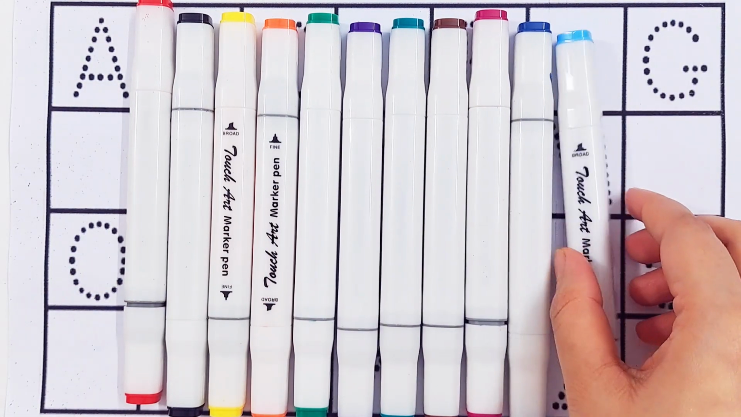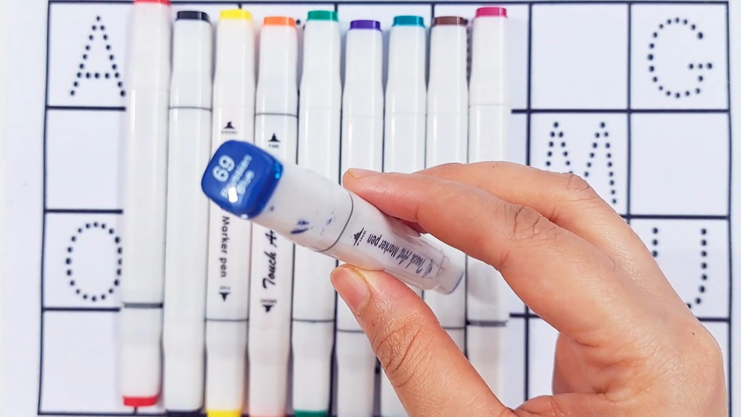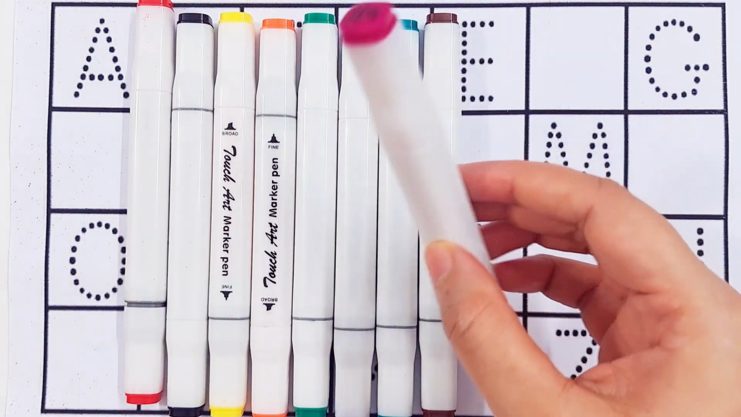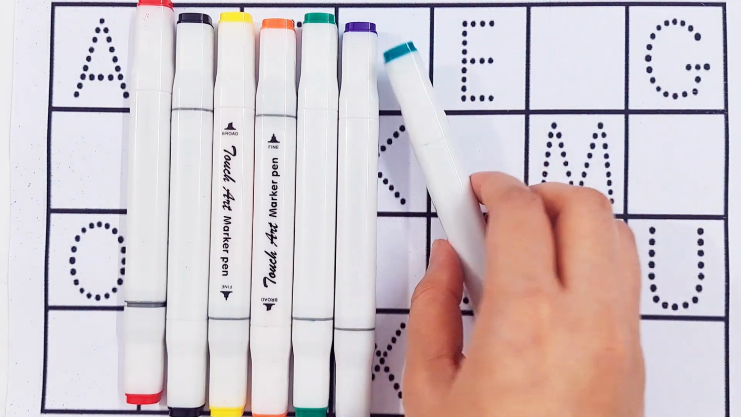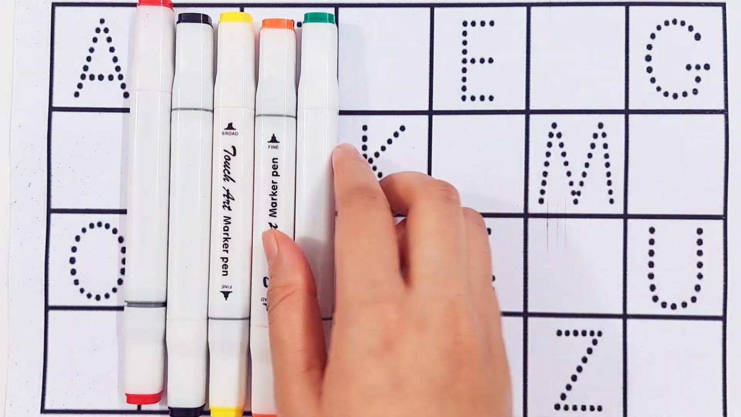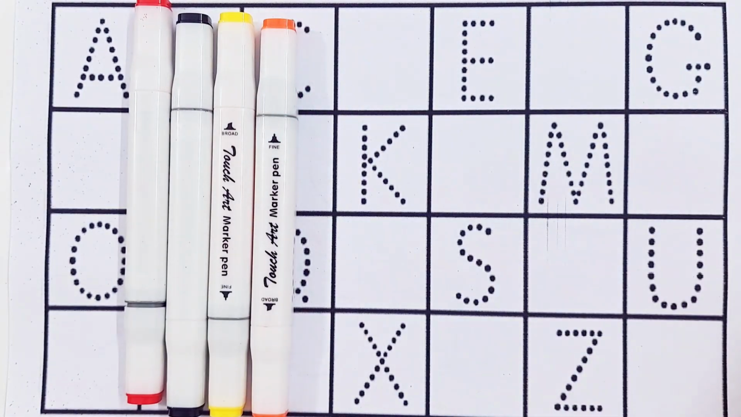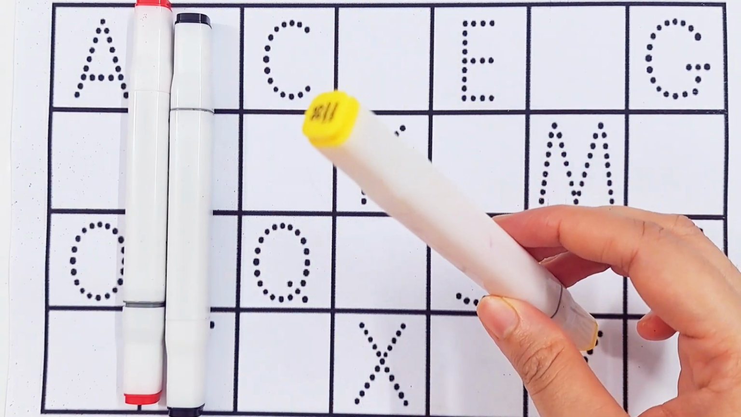Let's learn some color names. Sky blue color, dark blue color, purple color, brown color, dark green color, violet color, light green color, orange color, yellow color,